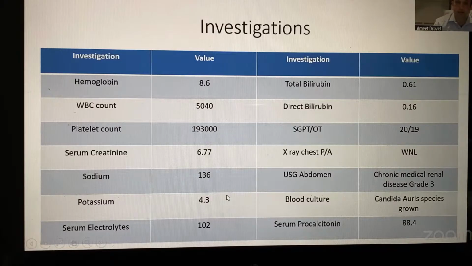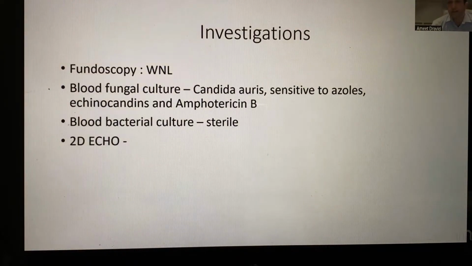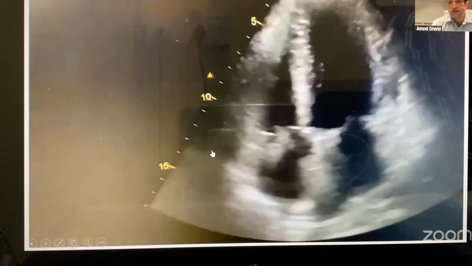His creat was 6.7. Rest all investigations were normal. The fungal culture came back as Candida auris, sensitive to azoles, echinocandins and amphotericin B, while the bacterial blood culture was sterile. By chance, when we did his 2D echo,